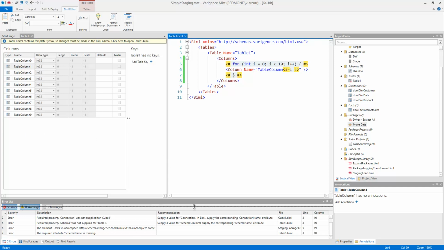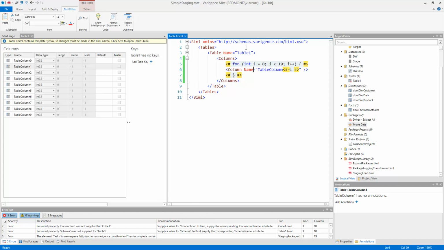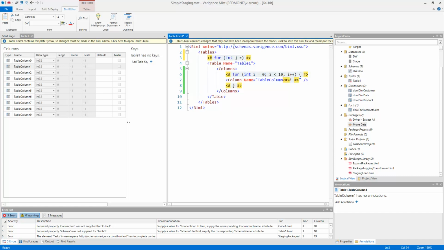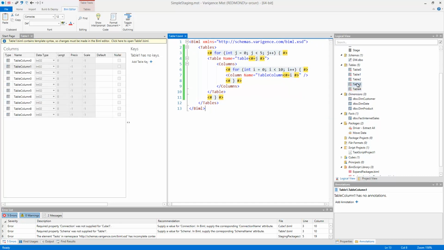So that's great. But I'm not limited just to making these sorts of small changes within a table or within other root objects. I also have the ability to do things like this. I can say for int j now is, j is less than 5, j++. And now I'm going to close this loop off here. And to avoid the same issue we had earlier, I'm just going to jump in and add table j. So now, as soon as I allow this to recompile, we'll see that we now have 5 tables, tables 0